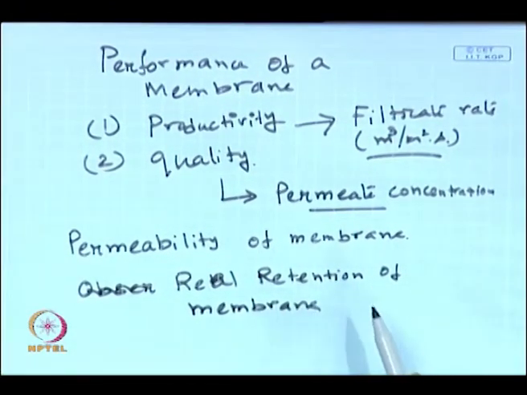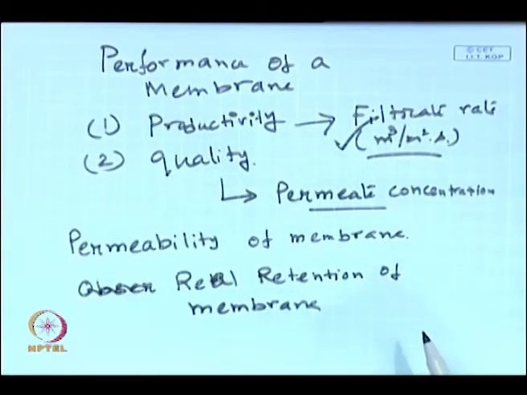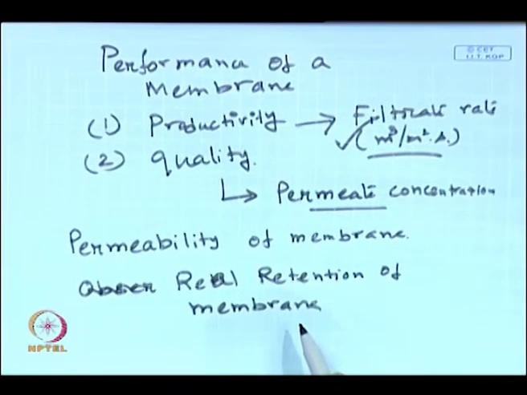Permeability indicates how porous your membrane is. That means, if we talk about a membrane of higher permeability, you are going to get high productivity. Okay. And real retention of the membrane means, if the real retention is very high, the membrane is very selective to the particular solute, that means retention will be very high. Okay. That means, for a real retention value of 1, your Cp is equal to 0. That means, you are not going to get any solute in the permeate stream, the membrane retains everything. For such a case, when it is pure water in the downstream, in the permeate stream, the values of both real retention and observed retention are equal to 1.